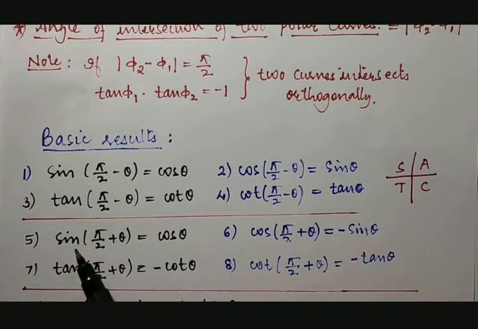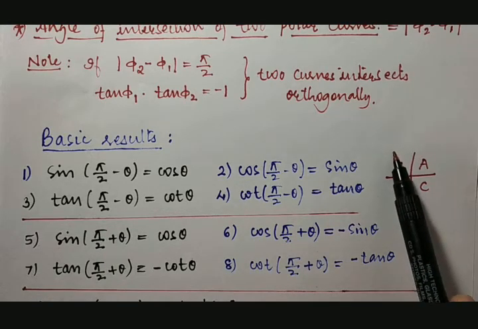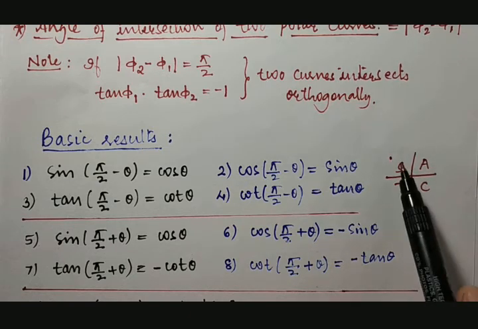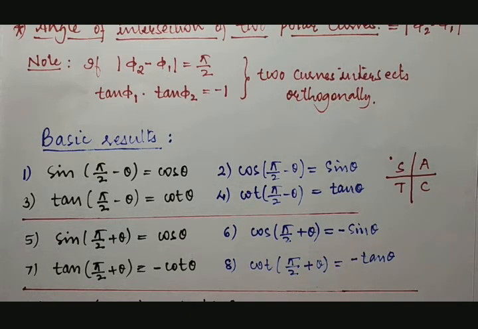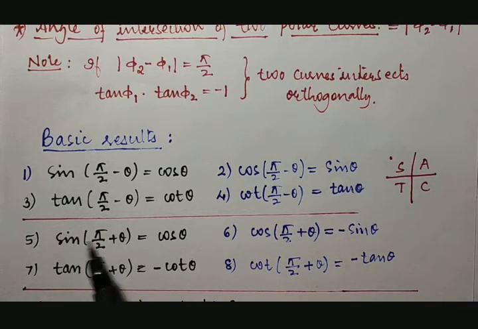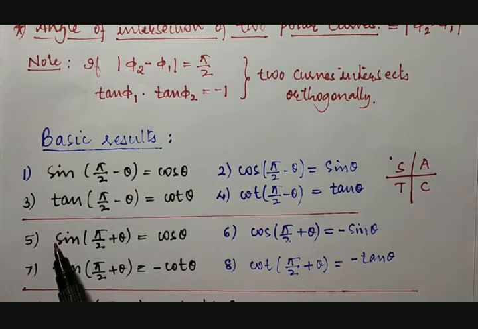Then sine 90 plus theta means 90 plus theta means what? 90 degree plus theta means it enters into next quadrant, second quadrant, where sine is positive. Then let us see what happens. Sine 90 plus theta, which is equal to one time, so trigonometric changes to cotrigonometric. But here, since the basic function is sine, so it is positive.